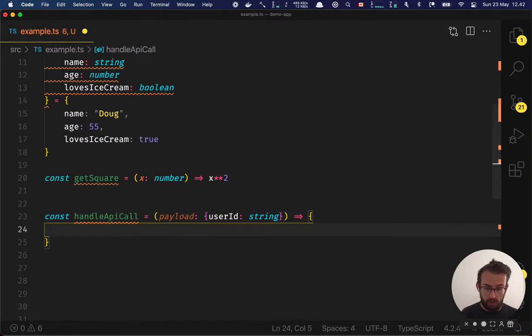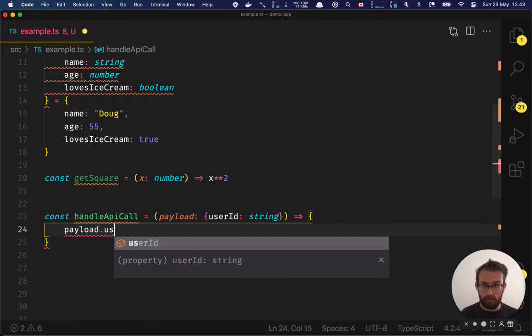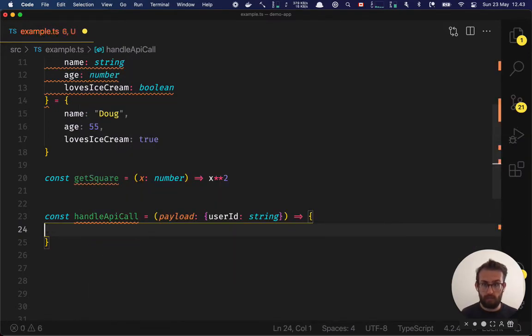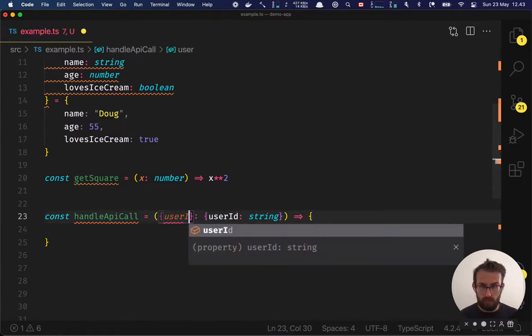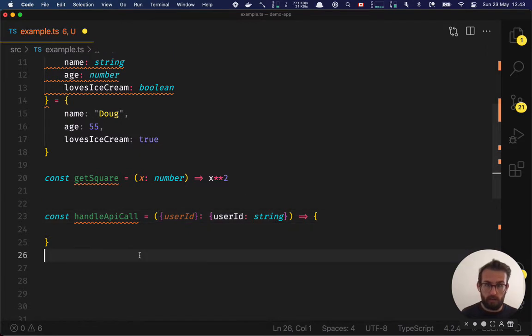So you can see if I try to use my payload here, payload.userID. And I can go ahead and destructure payload, userID. You can see the readability starts to suffer a little bit when we start destructuring and defining objects. We'll have some nicer syntax in a few videos, but